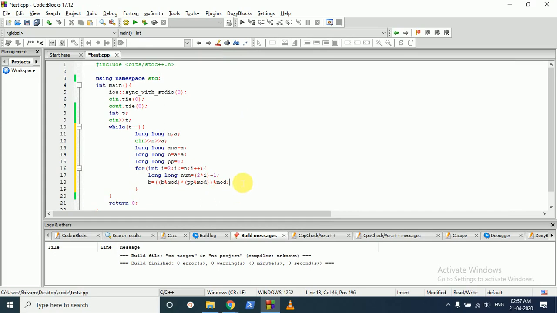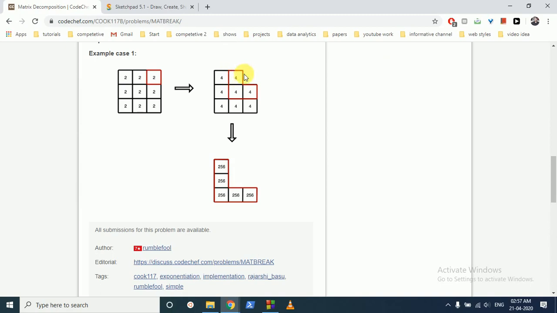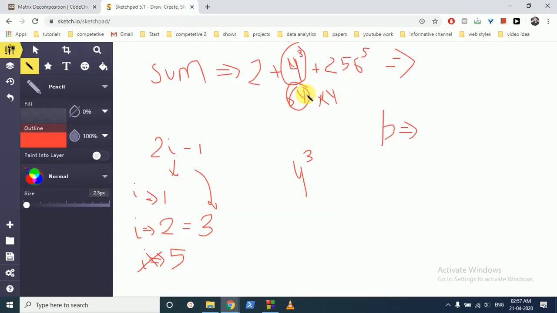Now we have to calculate our power. pp is equal to, we write a function because it's becoming very big. So we have to write another function in which we give the power of b to the power of n. num stores the odd values at that state, and b is the outermost value. So we have to give 4 to the power 3, 256 to the power 5,